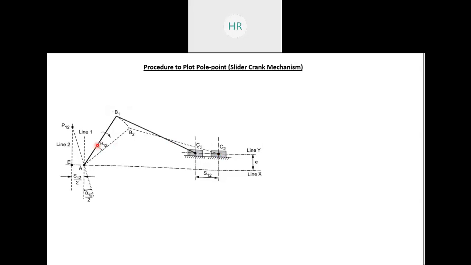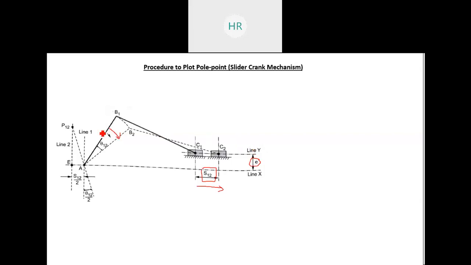So you can see as this crank makes an angle theta 12, this slider displaces by the distance S12. Means जब ये क्रैंक थीटा 12 जितना एंगल कवर करता है तब स्लाइडर S12 जितना डिस्टेंस स्लाइड होता है या मूव होता है, यू कैन सी. This E is basically eccentricity, it is the distance between this rotating center and slider.